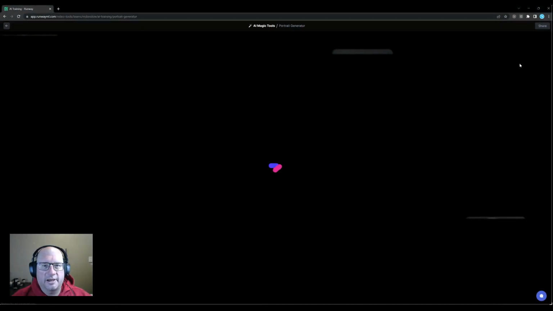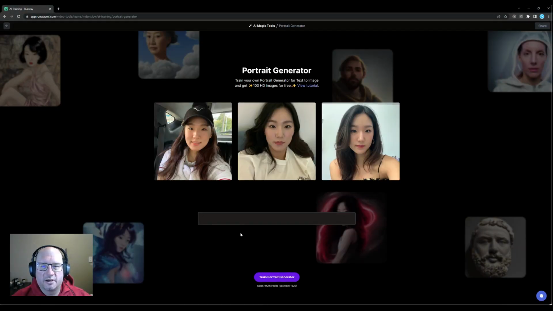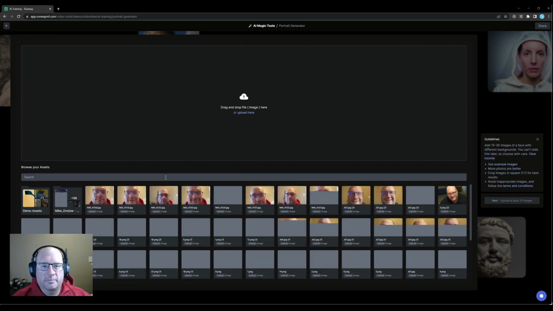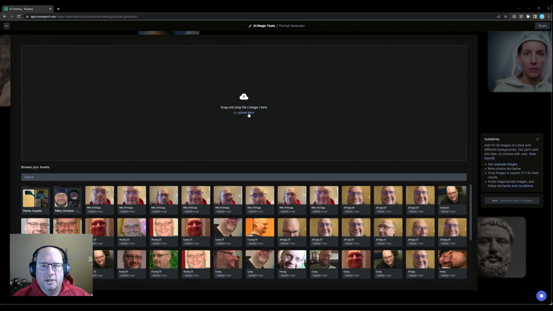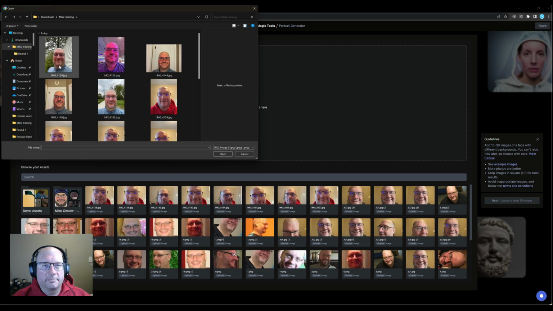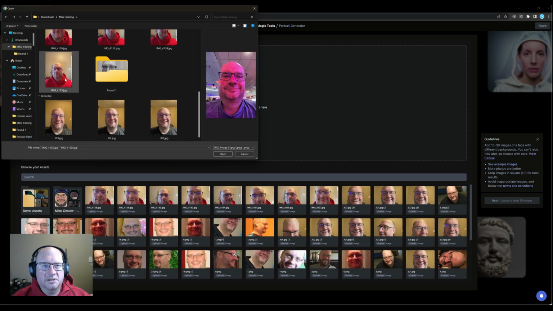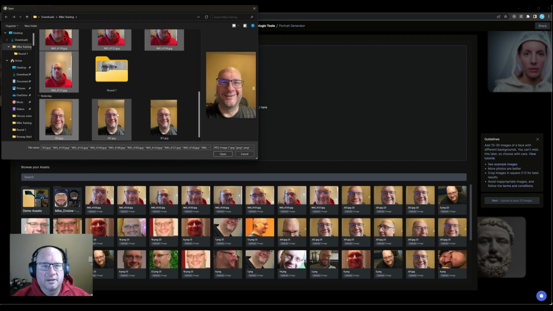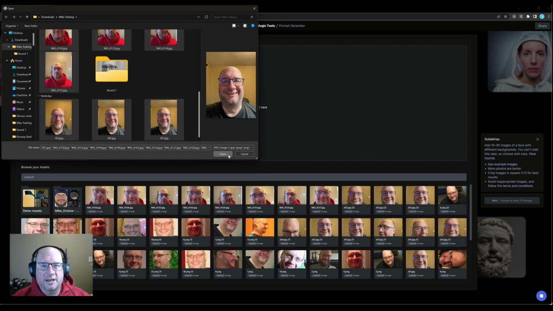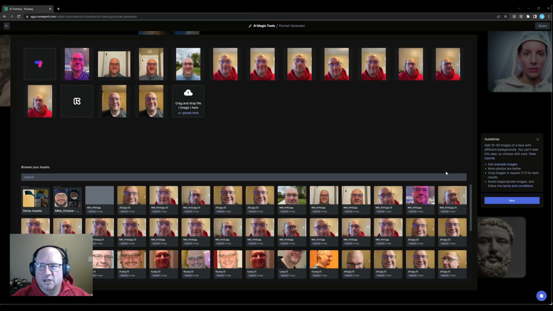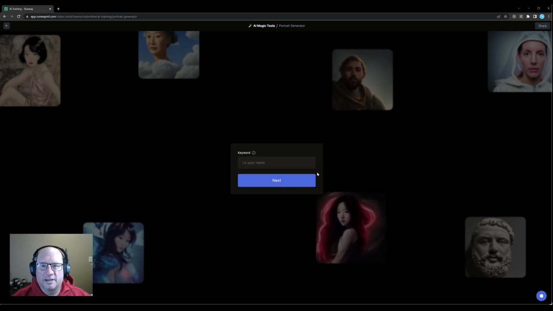So we're going to train a new portrait generator here. We're going to click train portrait generator. It's going to ask me to upload some images. I've got a set of images here that I'm ready to upload. Most of these do not have any facial hair or have little facial hair and are more head-on. All right, so now I'm going to go ahead and hit next, and we're going to name this one Mike